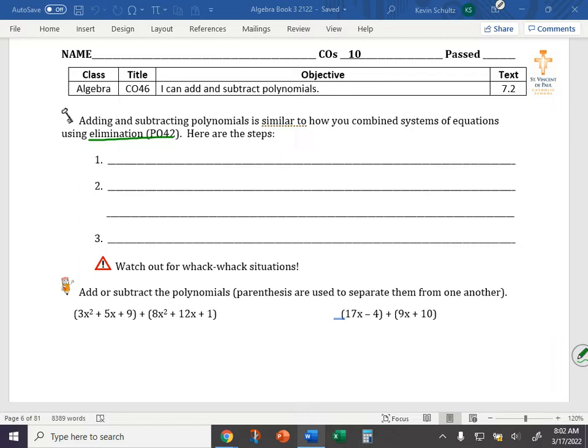So your 3 steps in adding and subtracting polynomial expressions. First of all, number 1, we need to write each expression